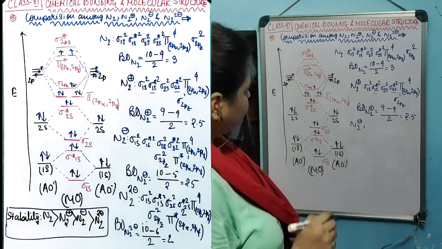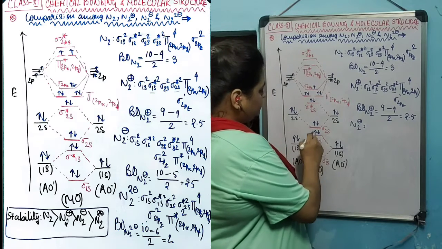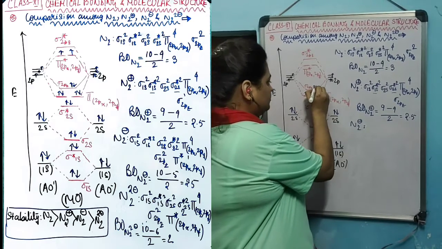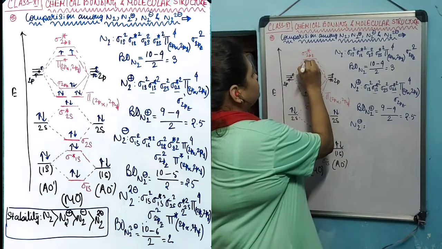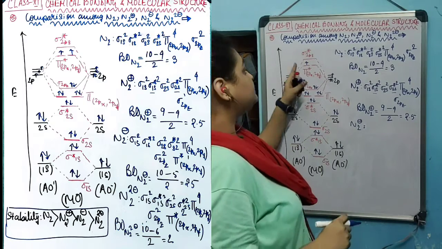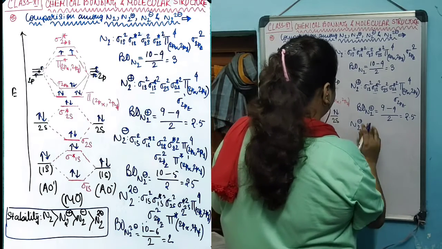So 15 electrons will be occupying these molecular orbitals. And now the last electron will be occupying the pi star orbital, the antibonding orbital, and the electronic configuration will be